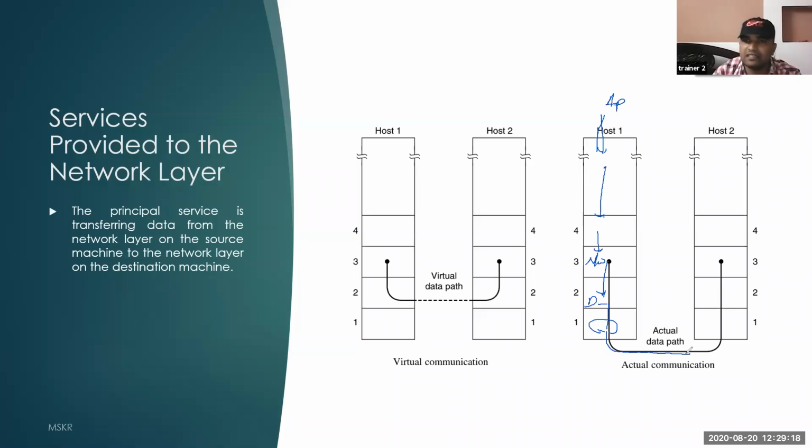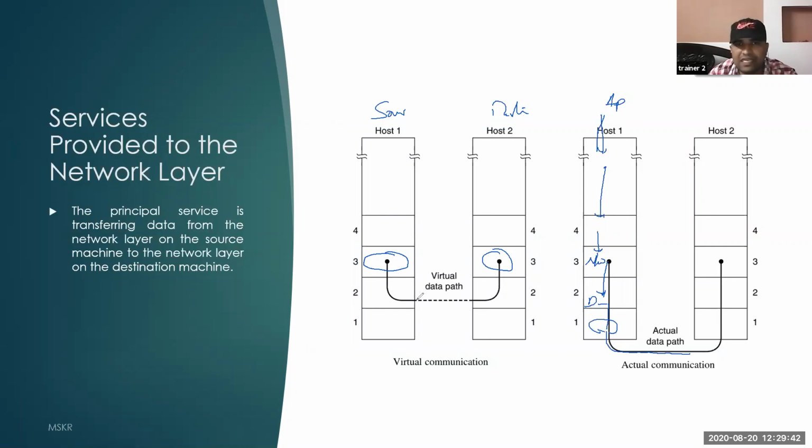So this is a lengthy process, but in terms of the network layer, it must appear like I want to do some communication with some device at the other end. That means this is the source, this is the destination. I am doing the communication, but I need the help of the data link layer. So I am going to ask the data link layer to provide the service.